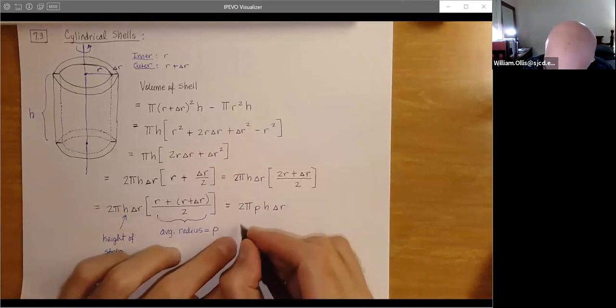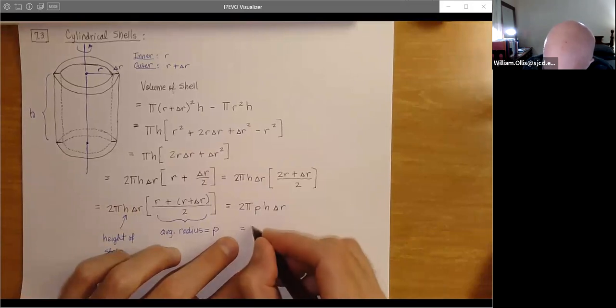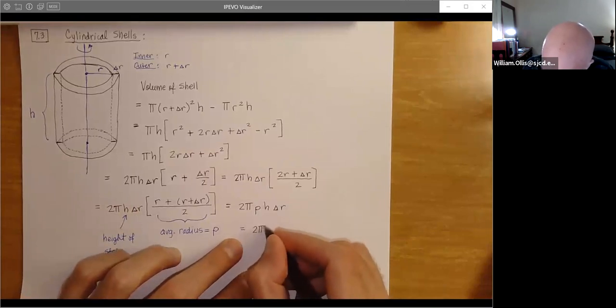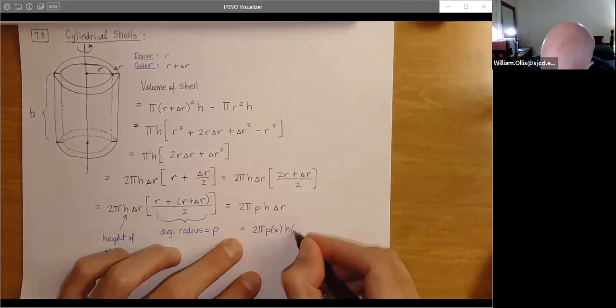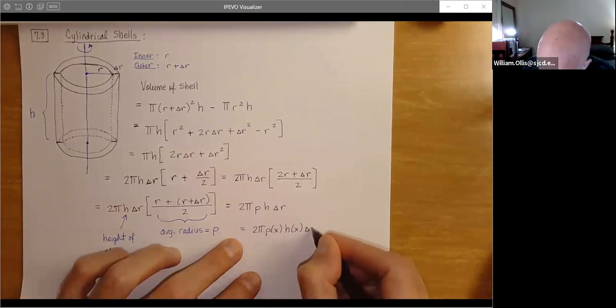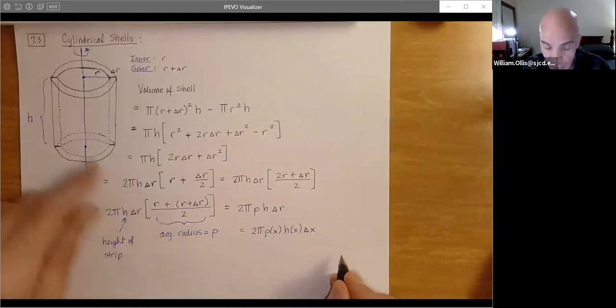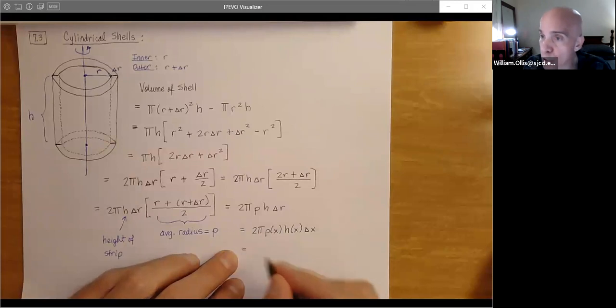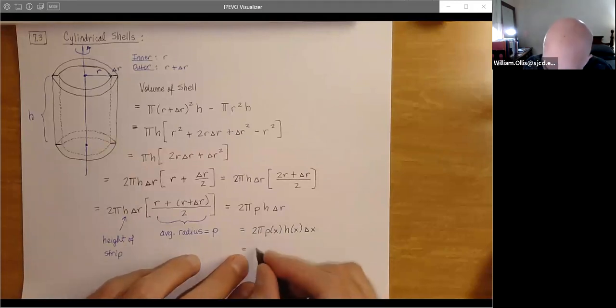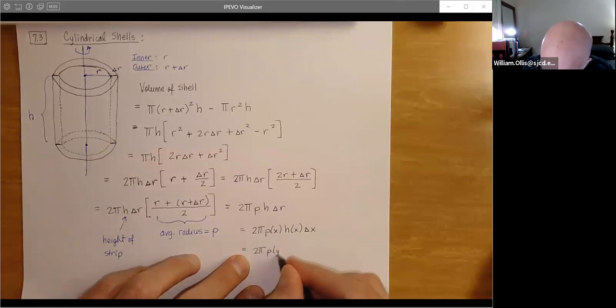So now we can think of this as possibly 2 pi with an independent variable X, P of X, H of X, delta X, thinking of this delta R as a delta X, or maybe we're using an independent variable of Y. So we have 2 pi, P of Y, H of Y,